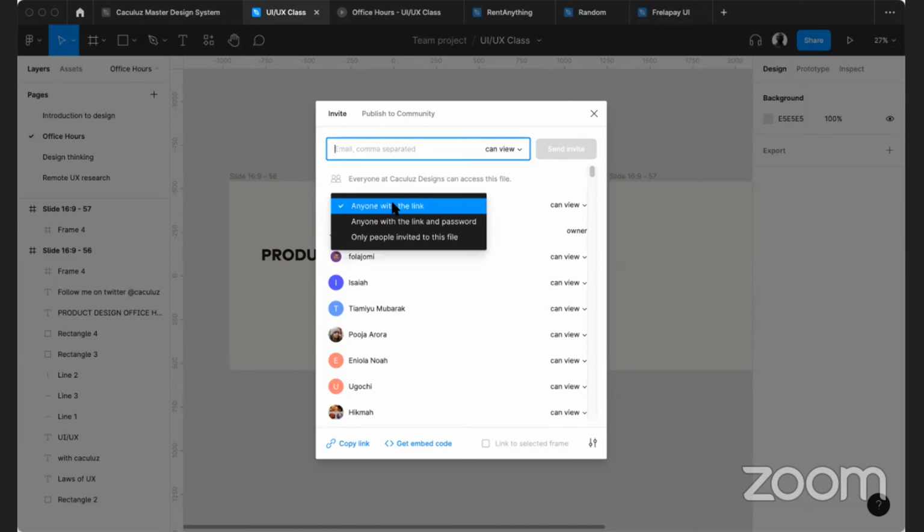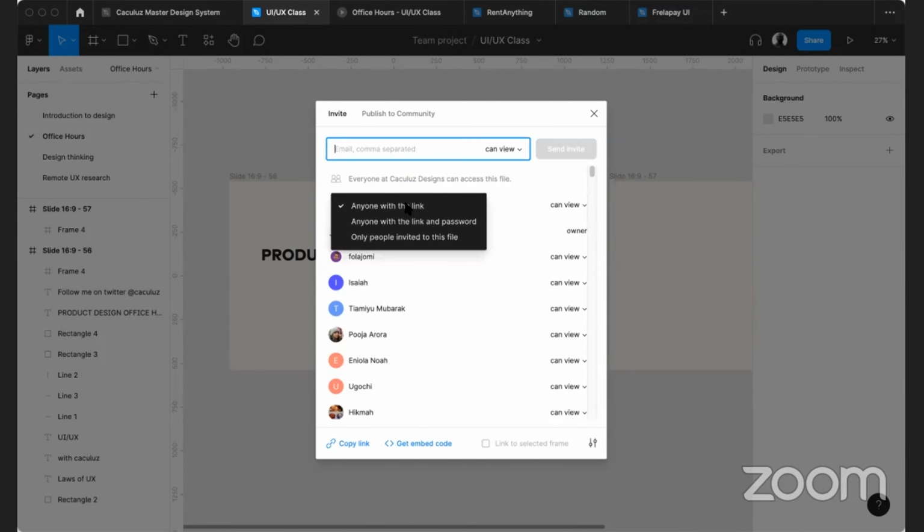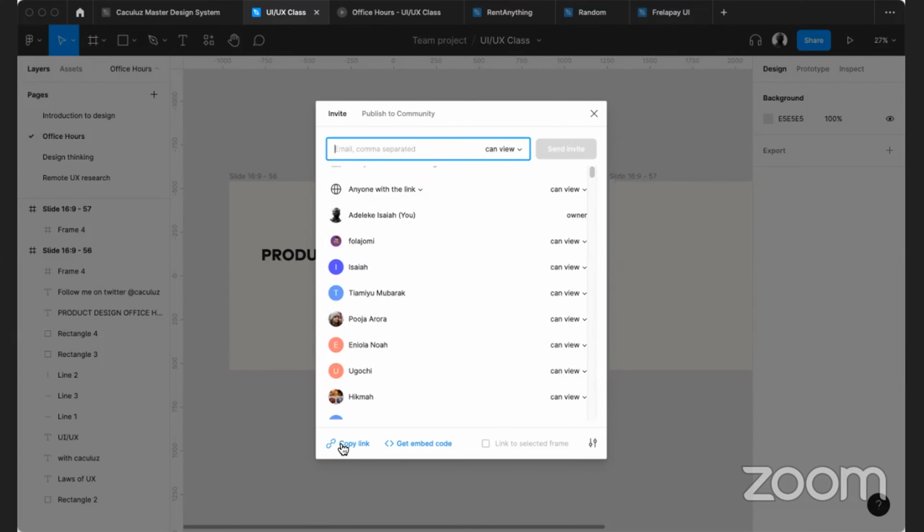As long as we can't view your work, you get 0.5. That's the default, and we are even being nice by giving you 0.5. If it's a task graded by 2 points, we might give you 0.1, or maybe less, or 0.01. So once you click on anyone with link, make sure anyone with link can view, then copy the link. You see a confirmation, link copied to clipboard. Then go to the LMS and paste the link. Make sure anyone with link can view. All right, so that's it.